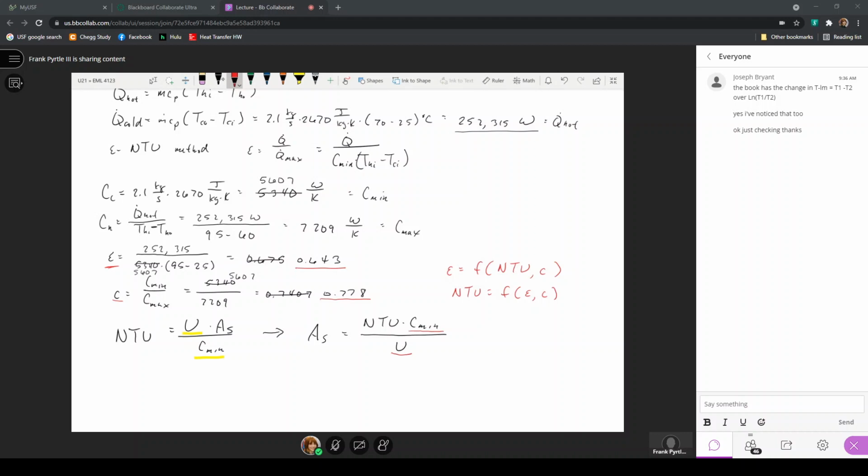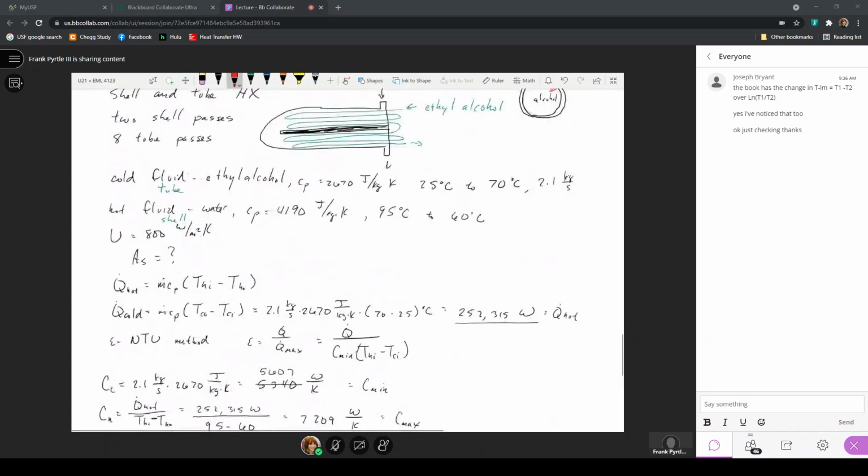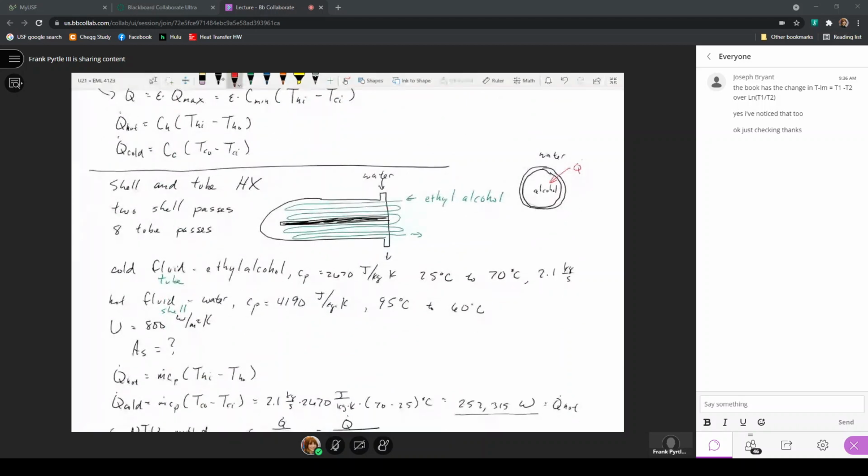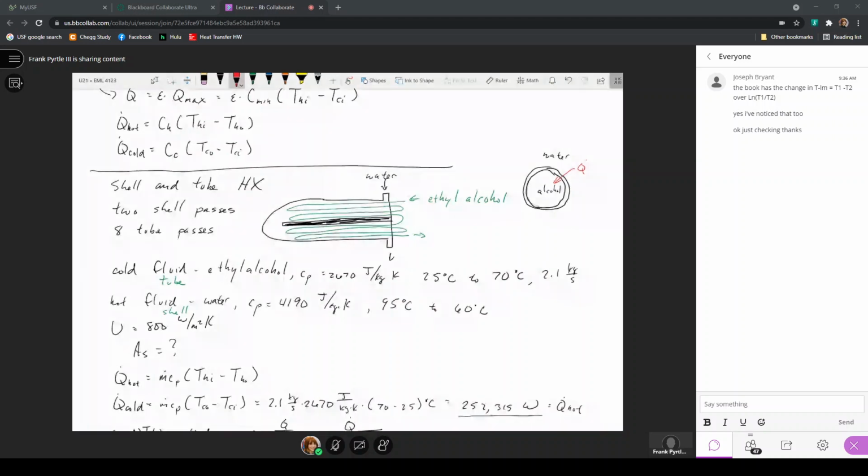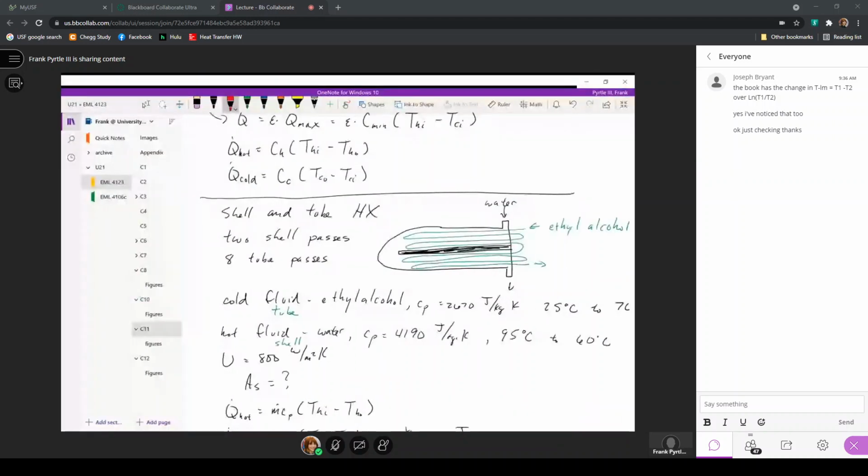So this number of transfer units as a function of the effectiveness and the capacity rate ratio allows me to then look for the expression of the number of transfer units in terms of the effectiveness and the capacity rate ratio for the type of heat exchanger we have. We have a heat exchanger that is a 2-shell pass, 8-tube pass heat exchanger. So when we go back to the tables for the effectiveness NTU method,